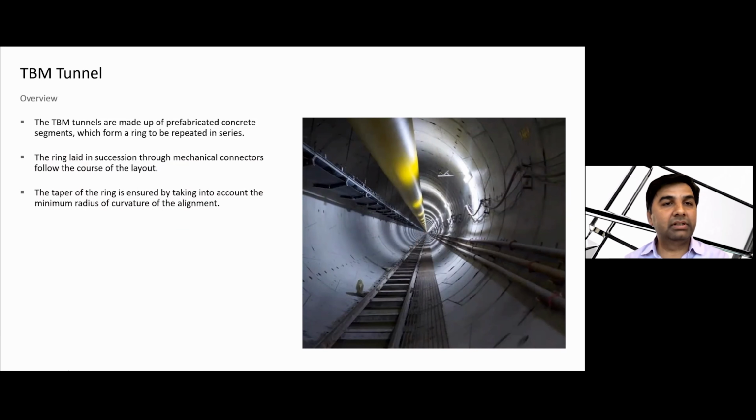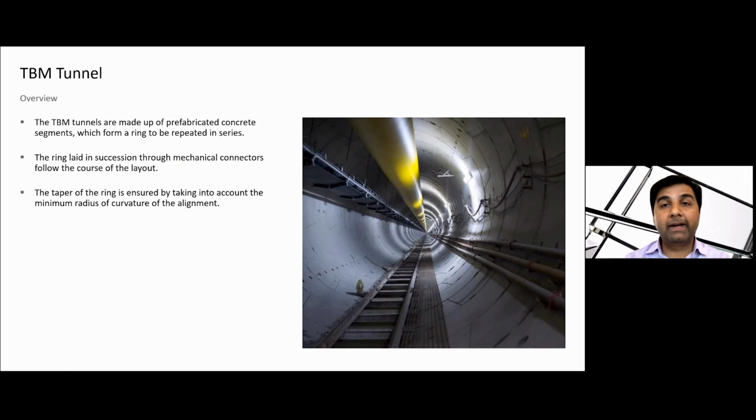About the TBM tunnel. TBM tunnels are made up of prefabricated concrete segments, which form a ring in repeated series. These rings are laid in succession, one ring after another, and they are interconnected with each other using mechanical connectors, following the course of the alignment.